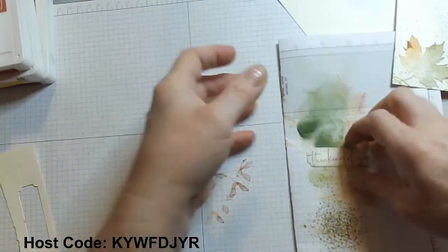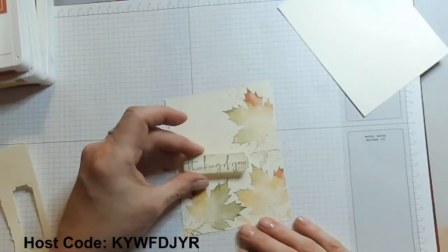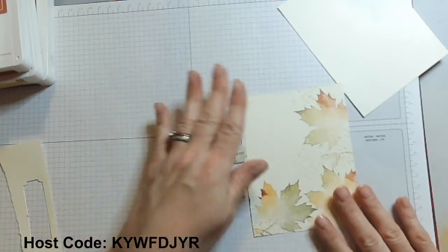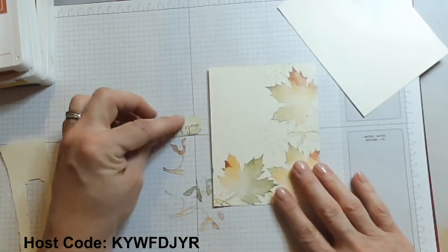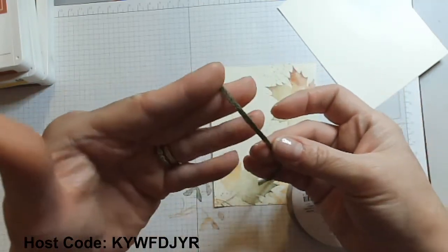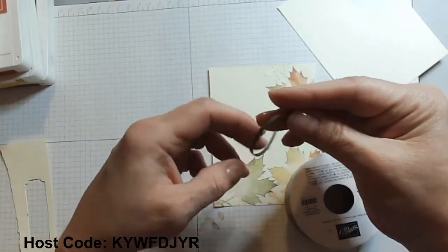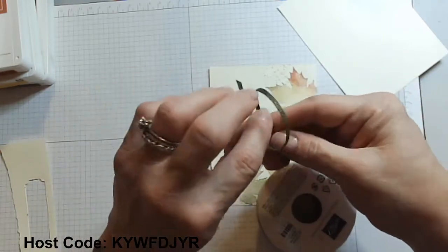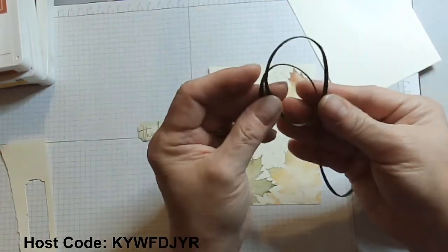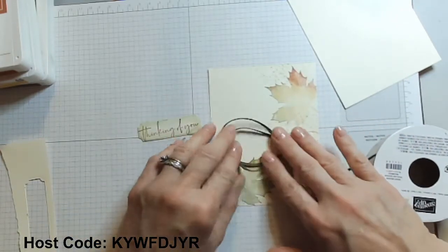All right, so I'm going to set that mat aside, and then we're going to come in here, and this is going to sit right here with Stampin' Dimensionals. But I want to decide in my end of embellishments if I'm going to use maybe some twine, and this happens to be the Mossy Meadow braided twine, and it is currently in the clearance rack, which is kind of neat. So one of the things that I could do is I could do a little bit of looping around. It is a little bit of a heavier twine for a card like this, but I could weave it around like so,